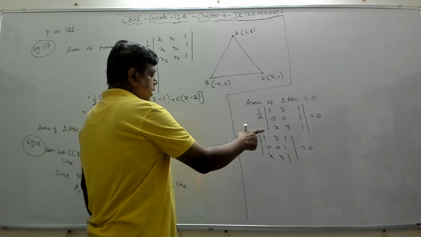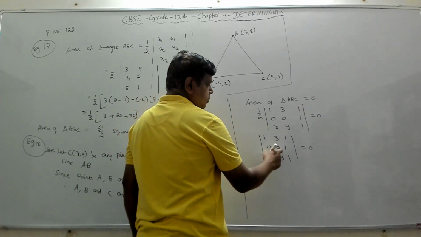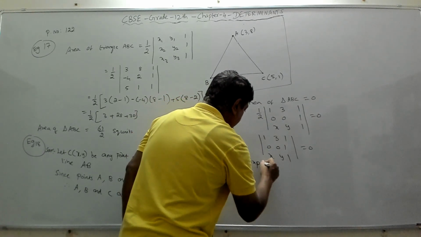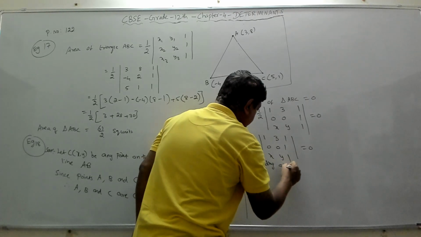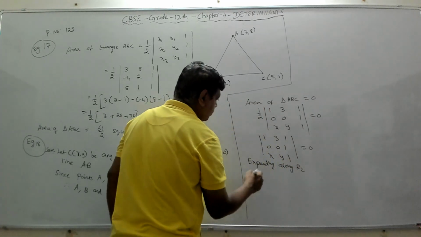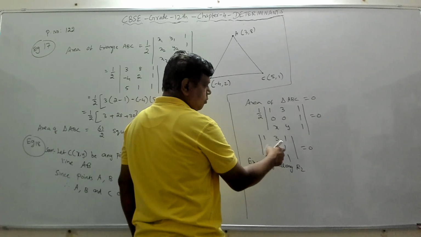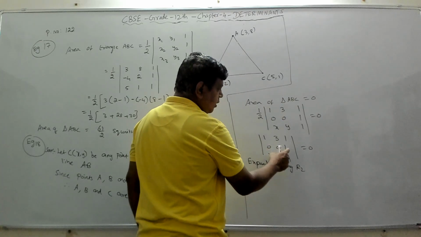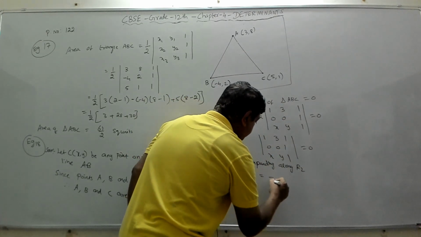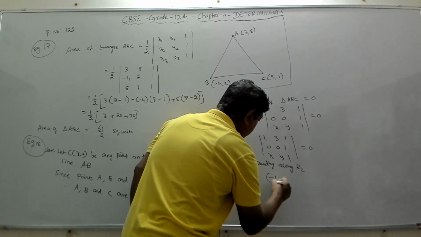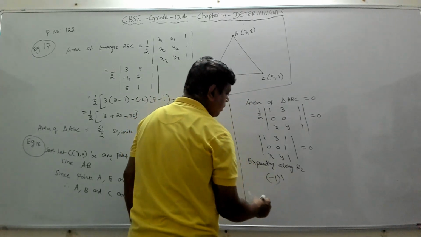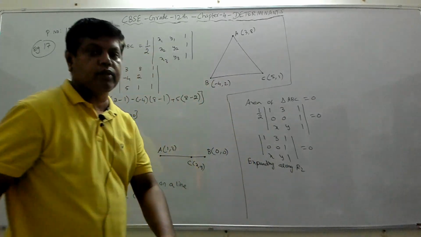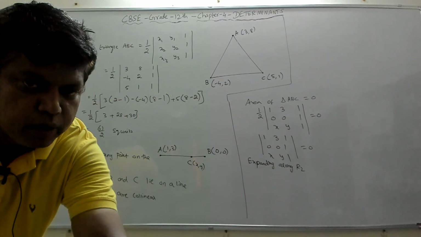Now we will try to expand along the second row because it has the maximum number of zeros. So if I expand along row 2, what do we get? So this is 0, this is 0. So anything multiplied with this will give you 0. So we have to take the last element 1, and this position is A2,3. So it will start with minus 1, or we can put minus 1 as well.